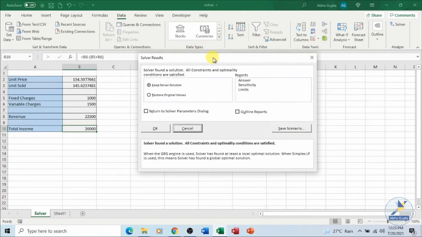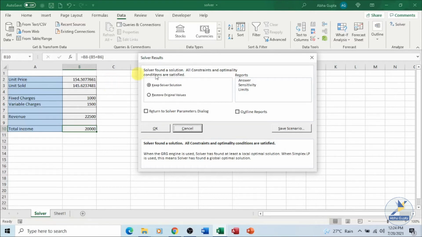Now you get the solver result dialog box, and if you look at the data over here, it is the target cell or our objective cell where our total income is calculated. It has changed to 20,000, and over here you can see it is telling us that your unit price should be 154 and the number of units sold should be 145.62 something.